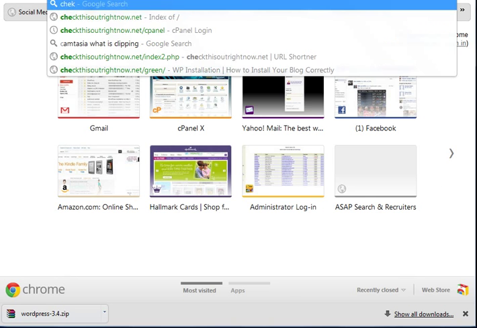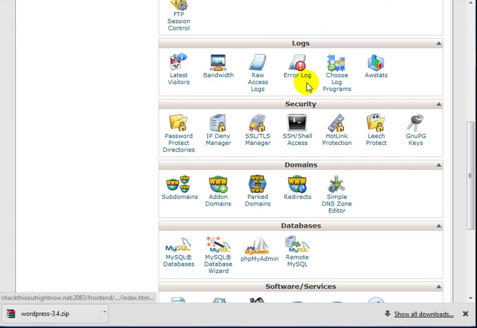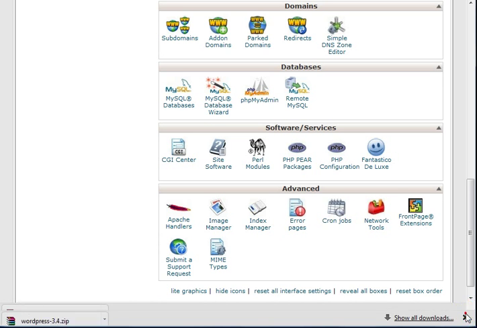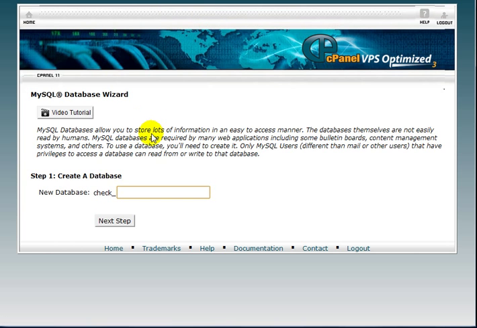So in this case, I am using cPanel. What I need to do with cPanel is to scroll down and find where it says MySQL database wizard. Like I said earlier, if you're using Plesk or any other type of web hosting panel, you should see something that says create MySQL databases. And if you don't, you can always contact your web hosting company. If I click on this here and I enter, let's say, funny t-shirts 2, click on next step,